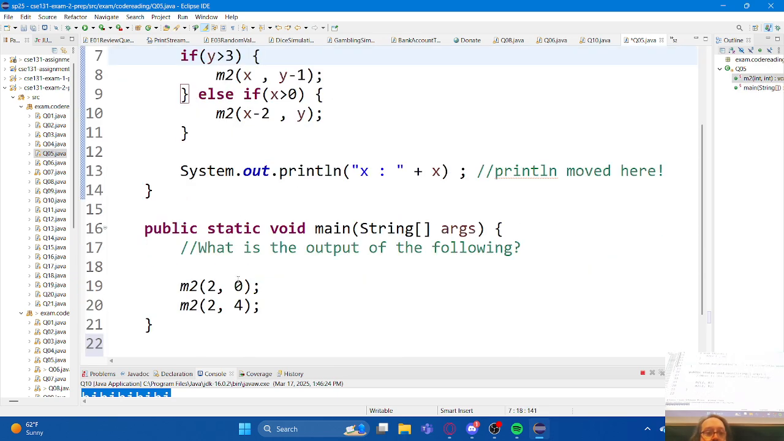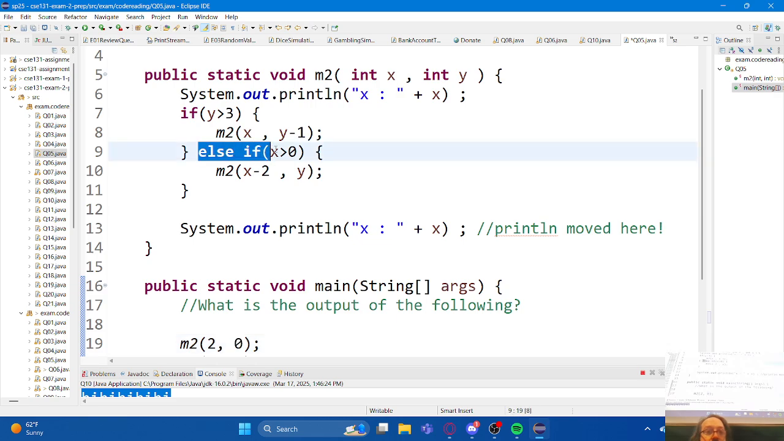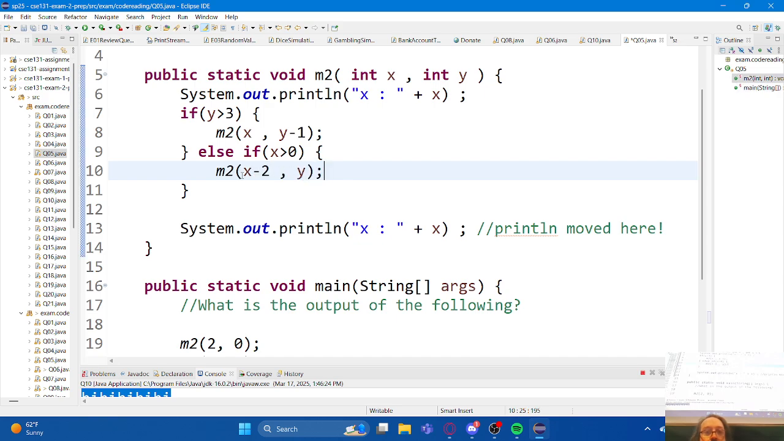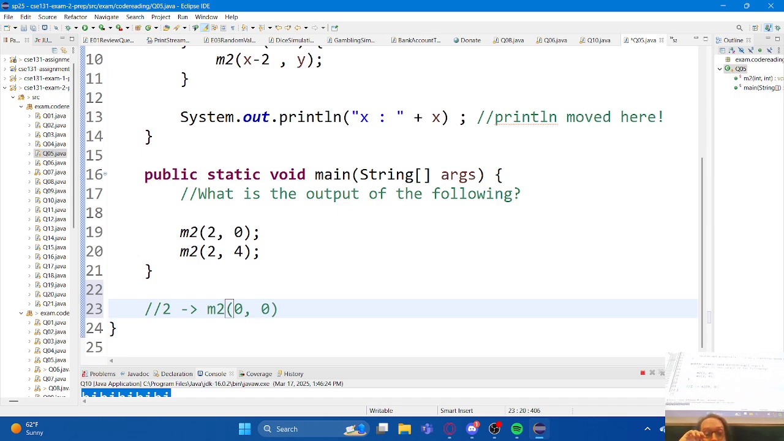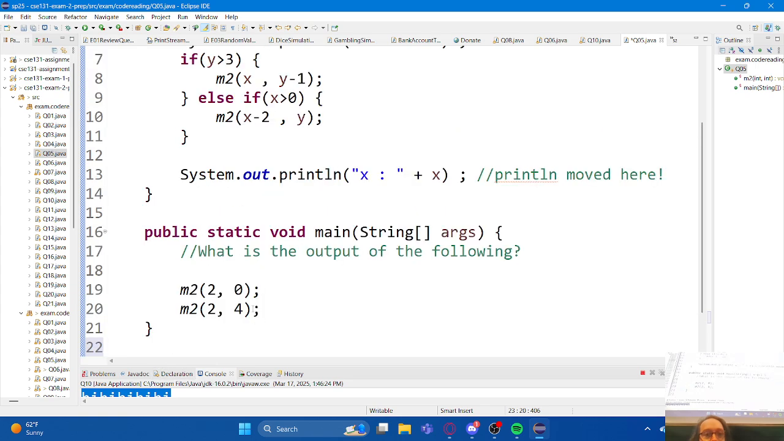All right. If y is greater than 3, which it is not, y is 0. Else, if x is greater than 0, which it is, x is 2, it's now saying that we're going to do the same thing except for x minus 2. So that should get me 0 here. Y remains untouched. So I am now doing m2 of 0, 0. That's the next thing that I need to take a look at, right? This is recursive, doing recursion here. So, all right, m2 of 0, 0